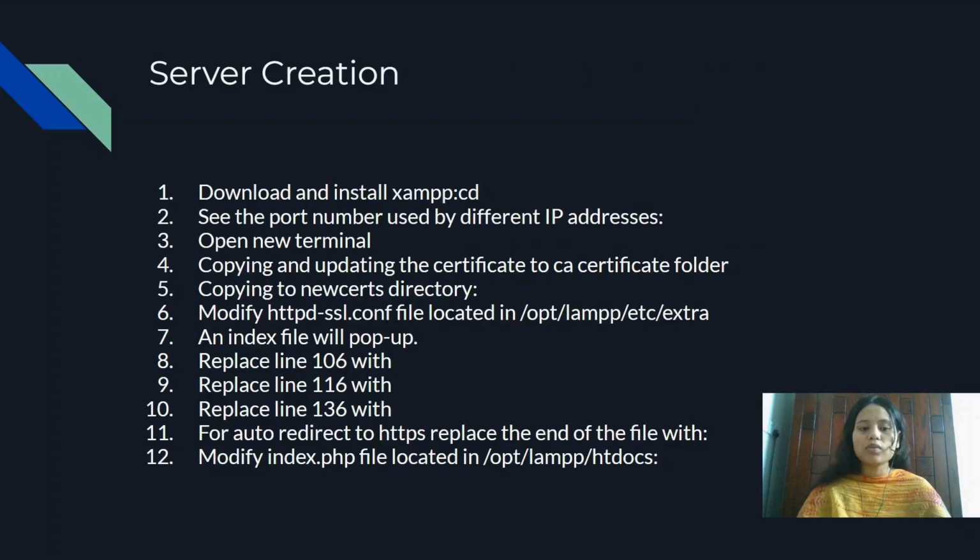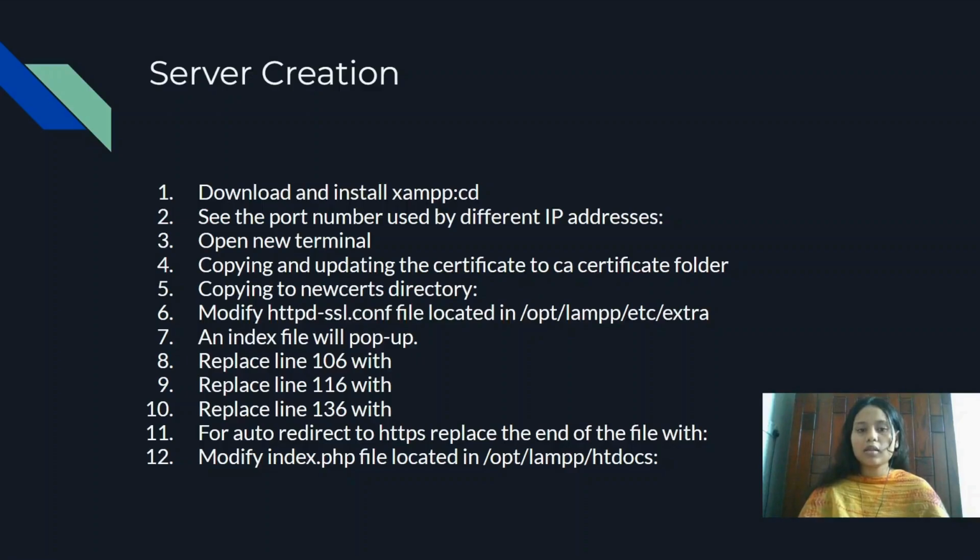For this, we will use XAMPP. At first, we see the port numbers which are used in different IP addresses. Now we will go to the command prompt, open a new terminal, copy the updated certificate to the CS certificate folder and keep it in the new directory. Modify the file location and then